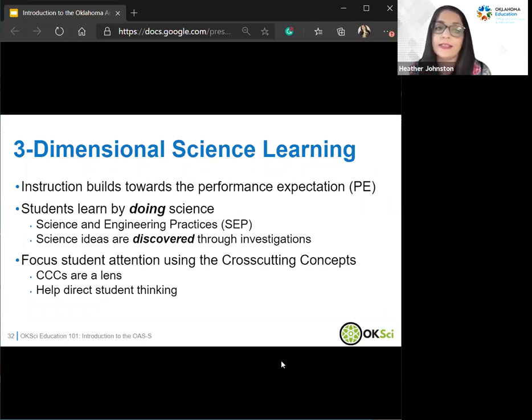Now, I also want to highlight that does not mean that there will be no direct instruction involved. I taught high school chemistry, and my students were not going to just magically discover how dimensional analysis was going to happen. So some direct instruction was needed. However, there are other ideas that kids can discover through an investigation, right? And so it's just really finding that balance of getting kids to do it, bringing in their ideas, building in the discussions, and then supporting them with direct instruction where it's needed.